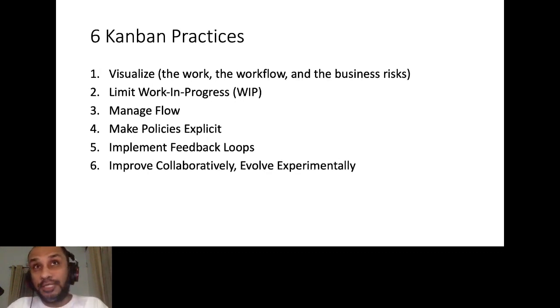Now, during this presentation, this is not a pure Kanban. So what I'll do is touch upon only a few of these practices, right? And even then, I'm only covering the surface or the basics, and I'm showing how to use Jira to cover at least the basics of these practices, right? So let's start with the first one.